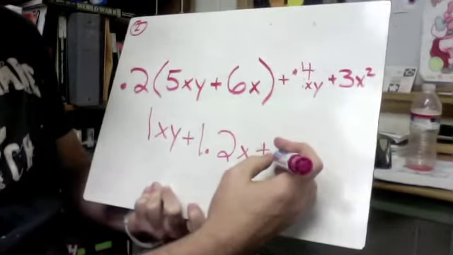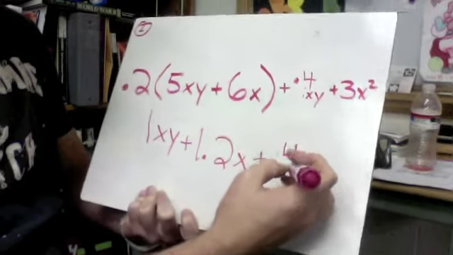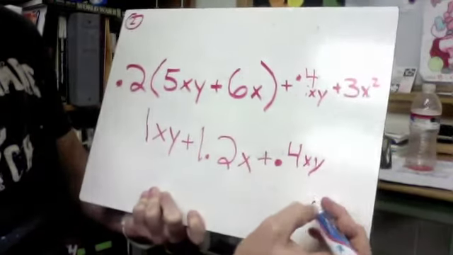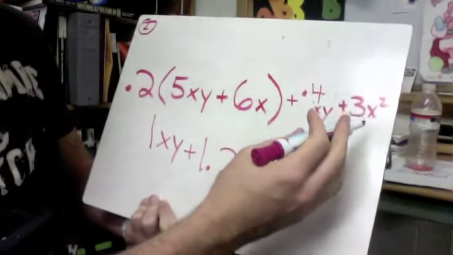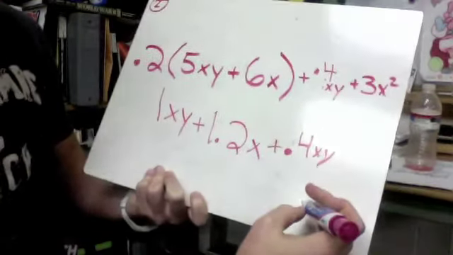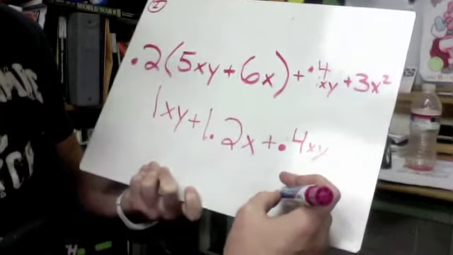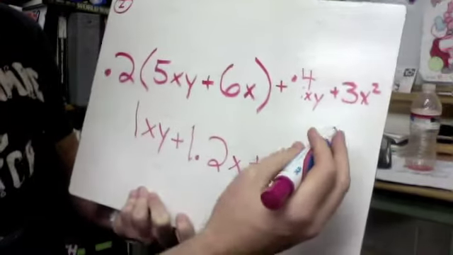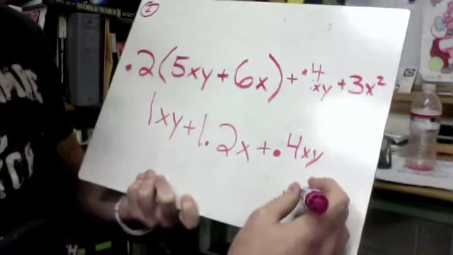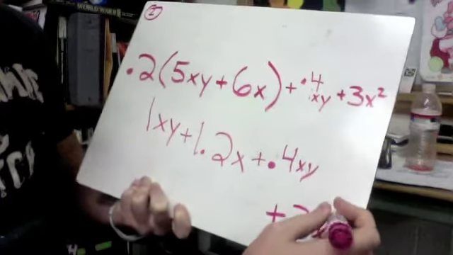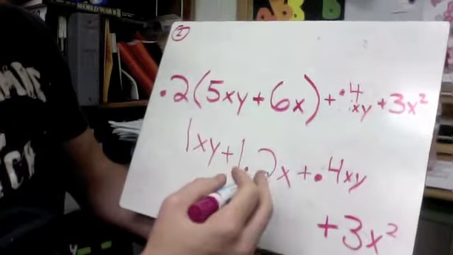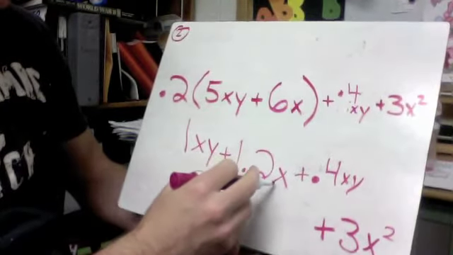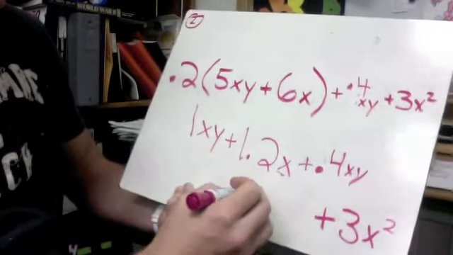I've got plus 4/10 xy, and then I've got this guy, and I can already look at this and see that that's going to go just by itself at the end, so I just won't even put it up here. I'll just put it down here because we know that we don't have any other x to the second power, so I'll just put this. Okay, so now things to put together. That thing's got to go by itself because it only has x, so I'll put that right here,